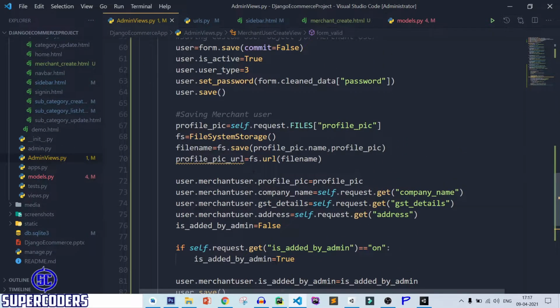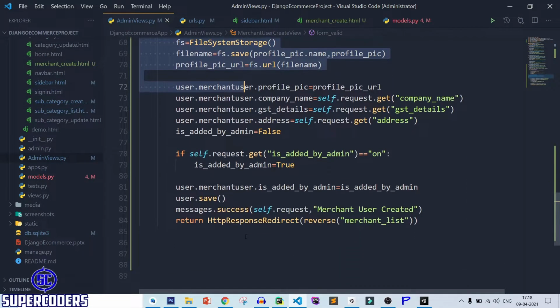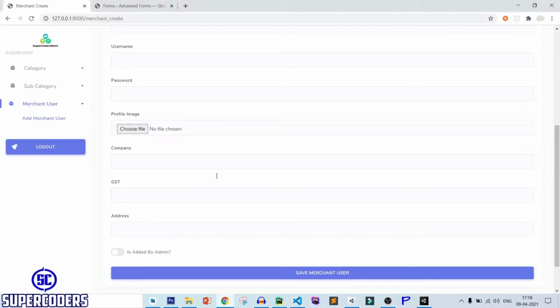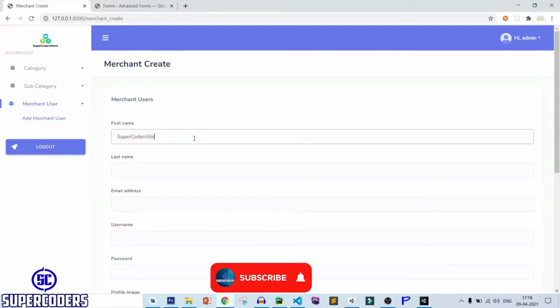So here you can see, okay, here profile pic URL. So here you can see, first I save the custom user object with user type 3 for merchant user. Then I save the data of merchant user in the merchant user table. So save it, and let's check it's working or not. So refresh page, and super coder store merchant.